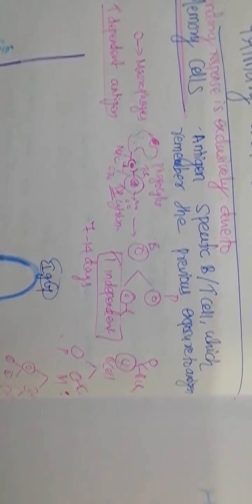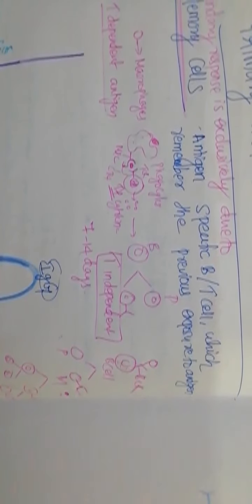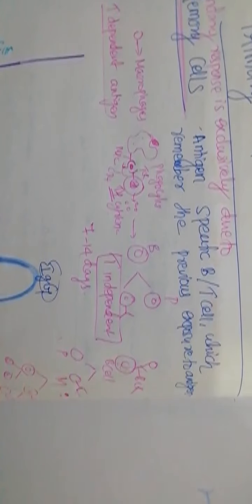As soon as you get the second exposure, memory cells differentiate into plasma cells and memory cells. They specifically recognize an antigen that the body has previously encountered and initiate a corresponding immune response. This particular mechanism, the formation of the memory cell, provided a platform for the development of vaccines. So vaccine development started because of the formation of this memory cell. Clear? Whatever points I told you now, you need to write, because that is very, very important.